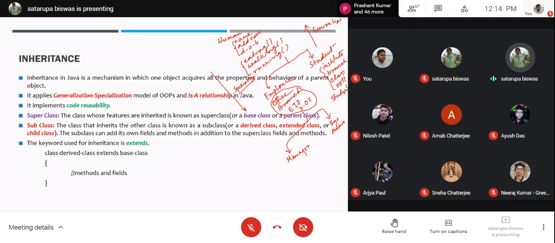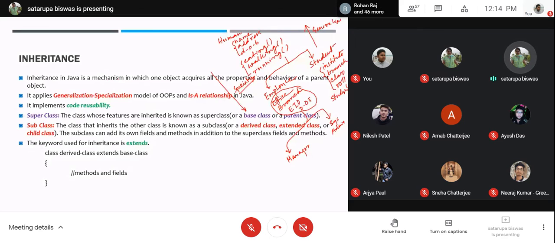Inheritance means from the generalized class, you are inheriting the property inside the special class. You are inheriting some data, you are inheriting some methods. All that is present in the generalized class will be equally present in the specialized class. So that is the inner core of inheritance.